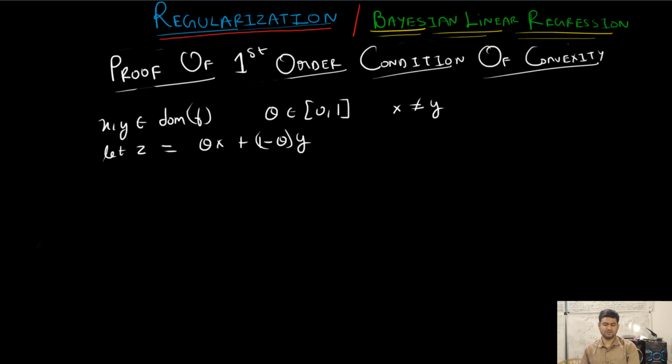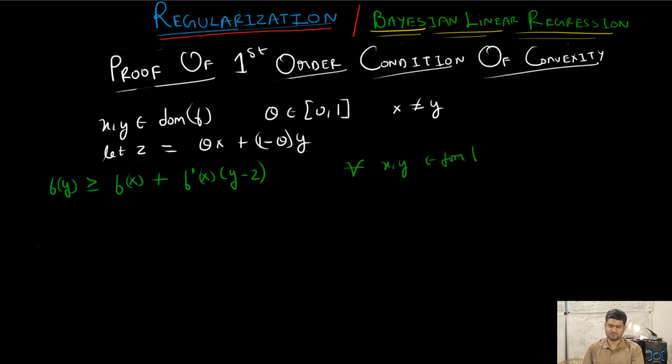So we'll assume that we don't know anything about the function, but we just know that f satisfies over its entire domain that f of y is greater than or equal to f of x plus f dash x times y minus x, for all x, y belonging to the domain of the function. So we also assume that z also belongs to the domain of the function, right? So assuming that f satisfies the first order condition of the convexity, we can write that